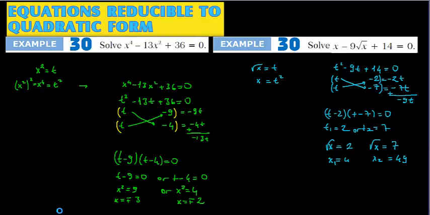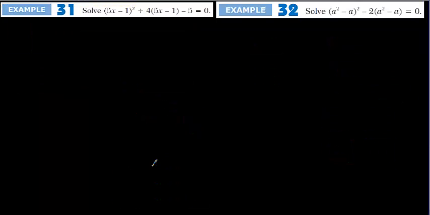Okay, let's see the other questions. Here, (5x - 1)^2 + 4(5x - 1) - 5 = 0. As you see in the question, 5x - 1 is repeating. If I say 5x - 1 is equal to a, then this equation becomes a^2 + 4a - 5